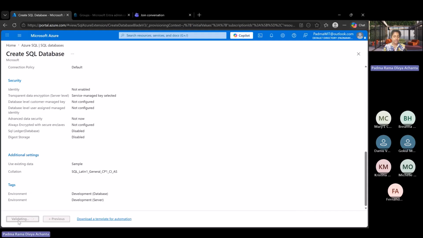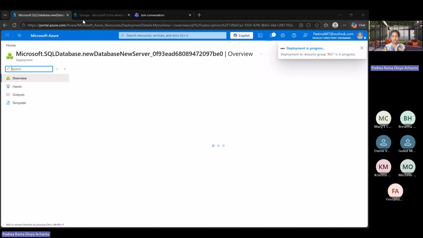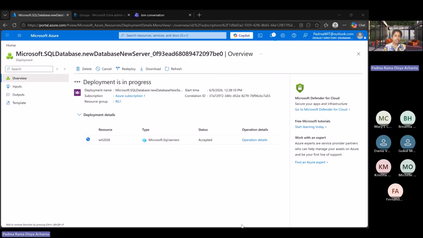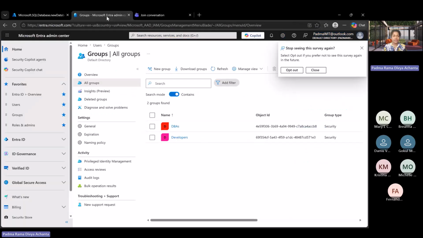When I hit create, this is validating. And once the validation is done, the creation will happen. I think the creation will take a few minutes. So meanwhile, while the creation is in progress, I would like to go to a different page called